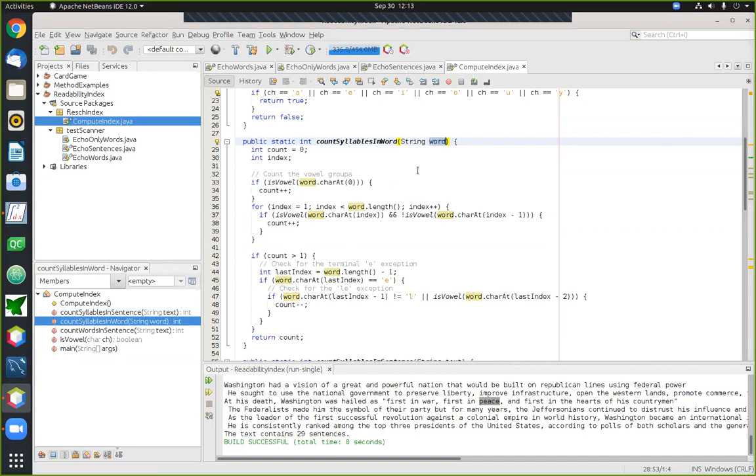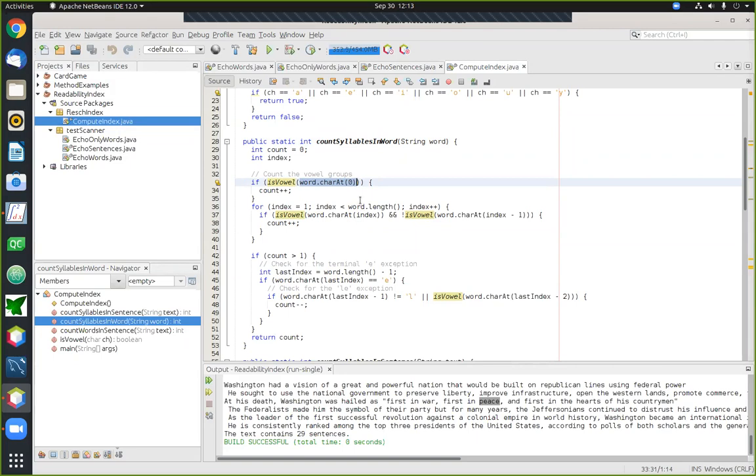Now the first thing that we need, a little bit of a technical trick, is that if somebody gives you a string that has an entire word in it, and you need to get access to the individual characters in that word, there is a handy method in the string class that can do that for you. That method is called charAt. The way that works is that the individual characters in the word each have an index number.